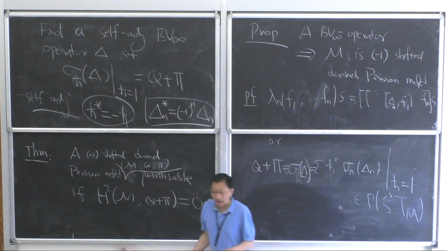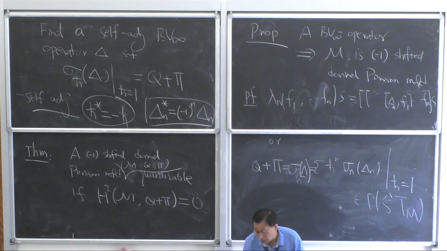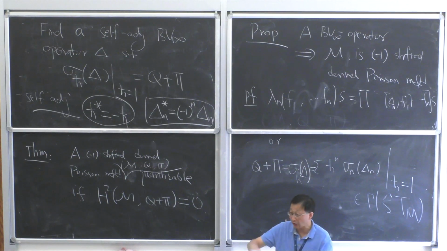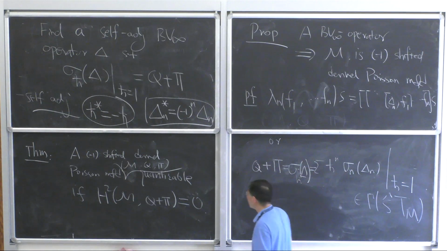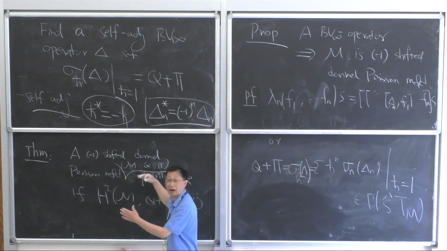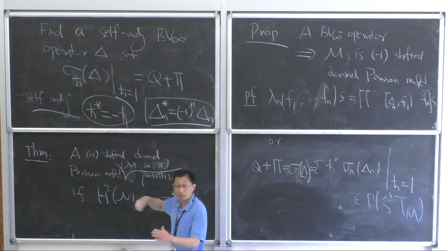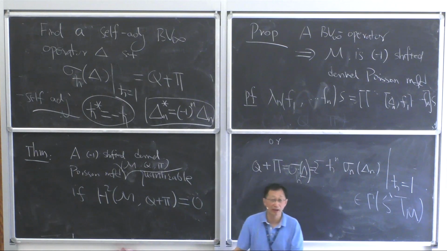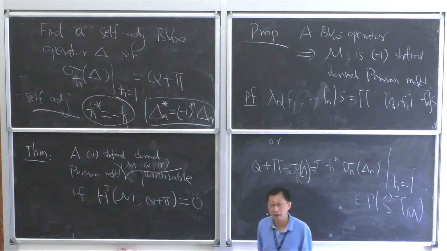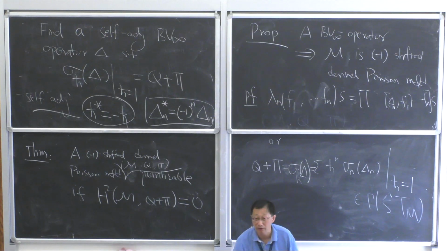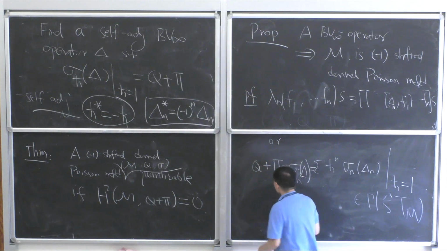So classically, the minus one shifted derived Poisson is a DGLA, the Maurer-Cartan equation I already explained to you, and then the quantization is another MC, delta squared equals 0. You can interpret it as another DGLA. So basically it becomes a lifting of a Maurer-Cartan element to a Maurer-Cartan element of a DGLA, and then you split it into different sequences, a lifting problem. So that's one question, which in general is not useful because, as I said, the obstruction is mostly never 0.